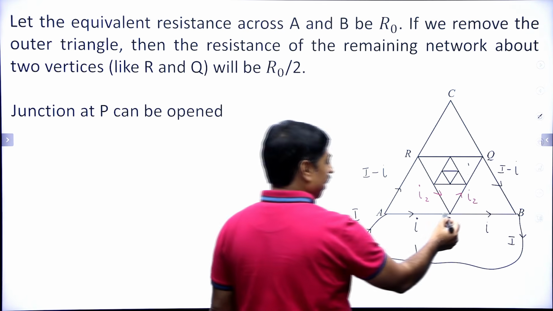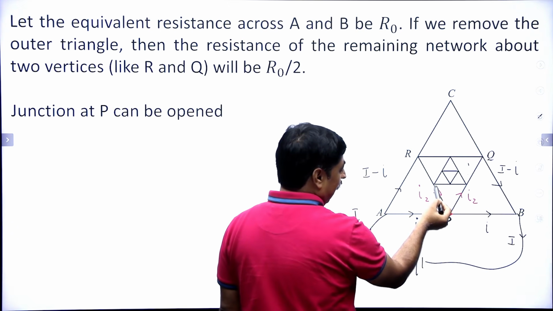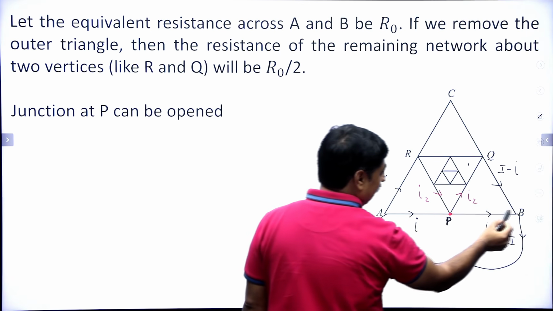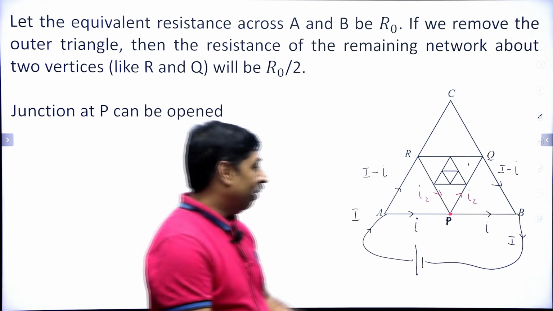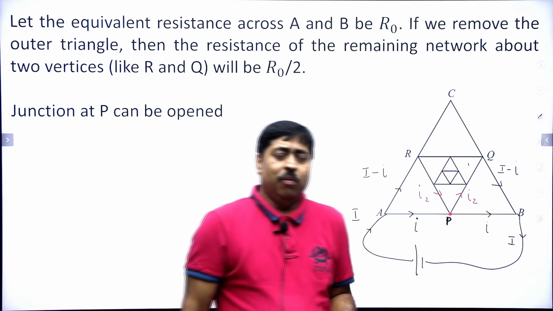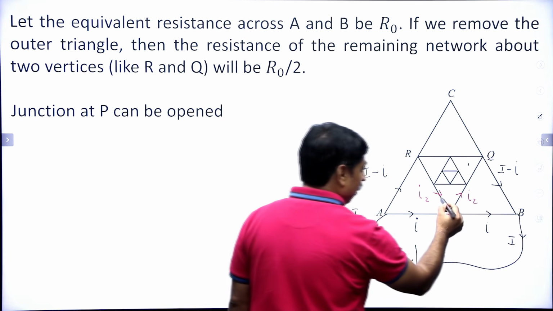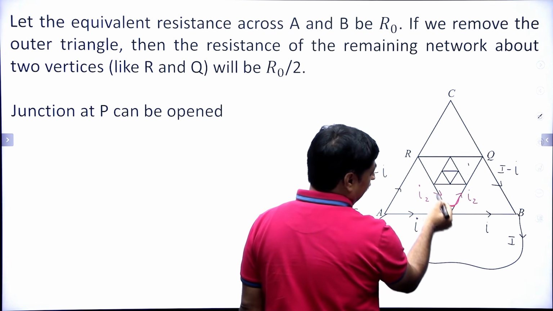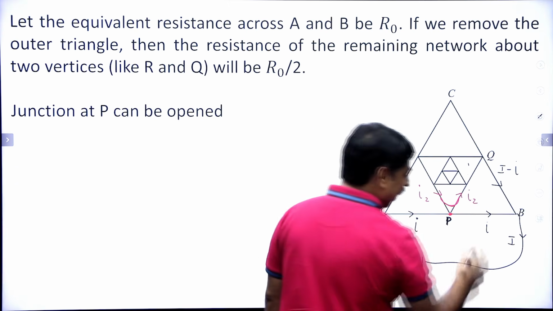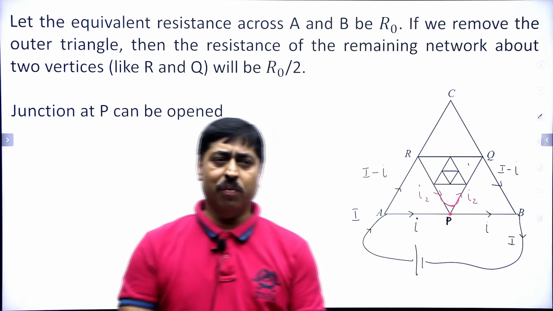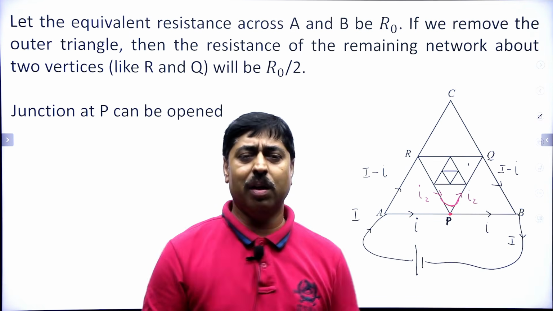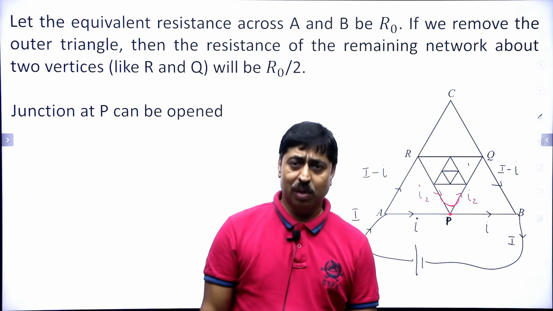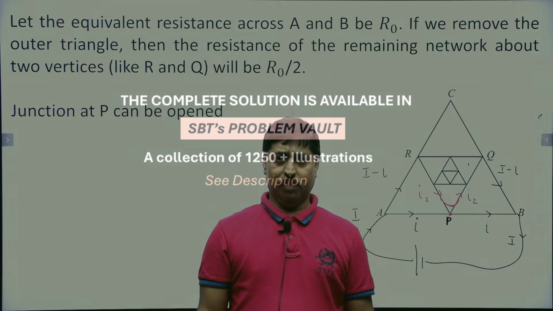Now look at this particular junction. What is happening here? A current I2 that is flowing here is just passing like this, and a current I that is going like this is just passing like this. So if I open this junction at this point, will it make any difference? If I just draw this circuit like this, opening this junction, then current I2 remains in this path, current I remains in this path. So actually it makes no difference to the circuit if I open that particular junction at point P. And this is the second important concept that we need to understand in order to be able to solve this problem. Now let us solve this